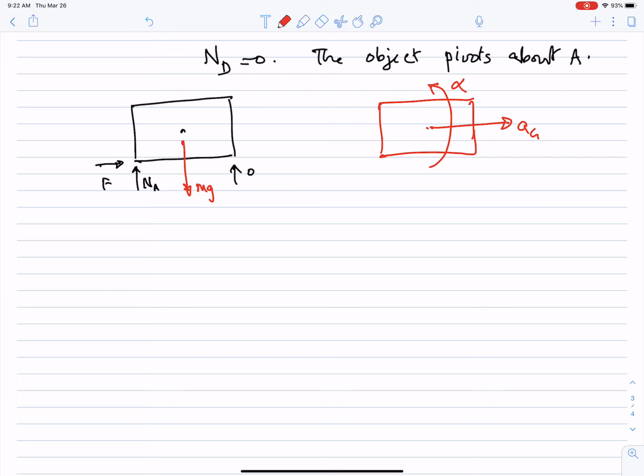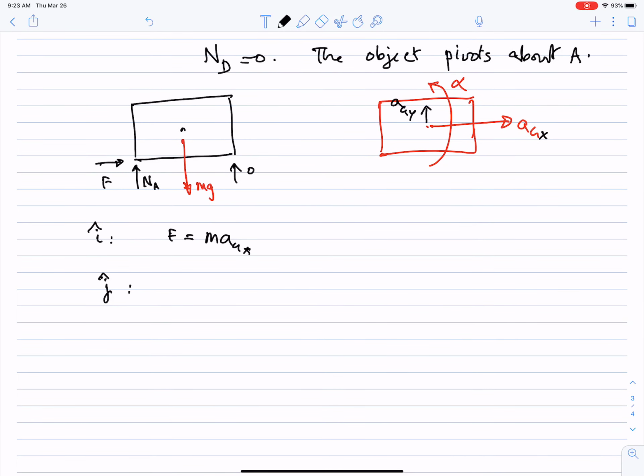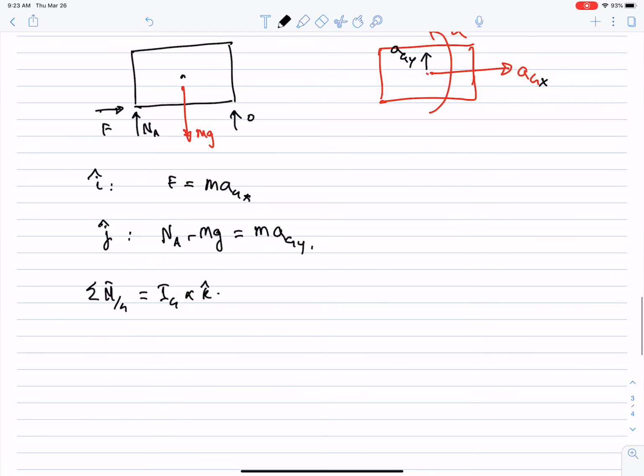to essentially resolve the problem, and we ideally want to use the same equations. Basically, we will say sum of forces in the horizontal direction, this is along i, equals m agx. In the j direction, unfortunately, this is no longer going to be equal to 0. So this is m agy. And then in the y direction, it's actually going to be NA minus mg equals m agy. And then you can do a sum of moments about G equals I alpha, IG alpha k, and that gives us